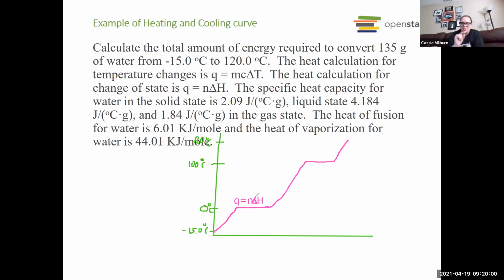Because that's your change of state, right? That's why you want H instead of T. That's right. So then this one would be Q equals M delta H. So this one here is going to be Q equals N